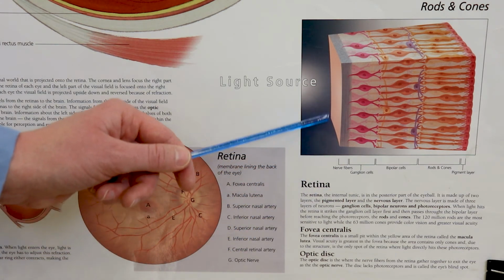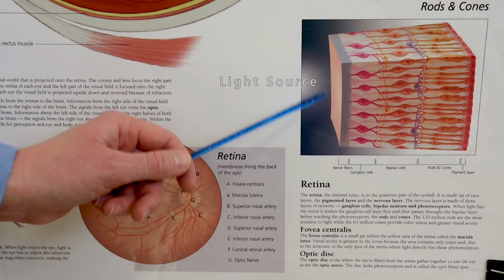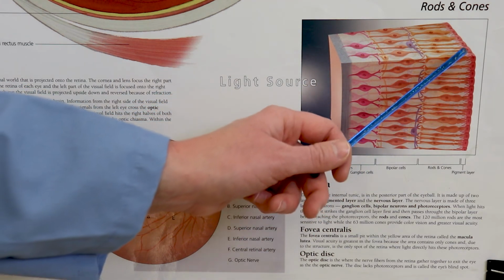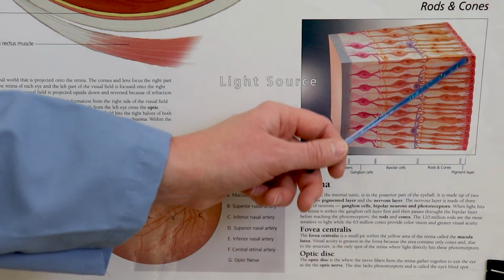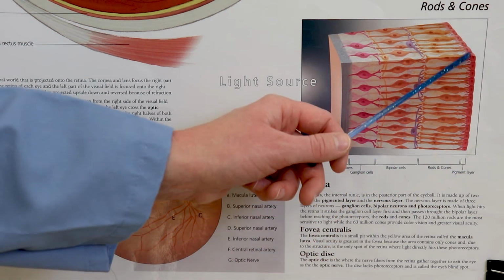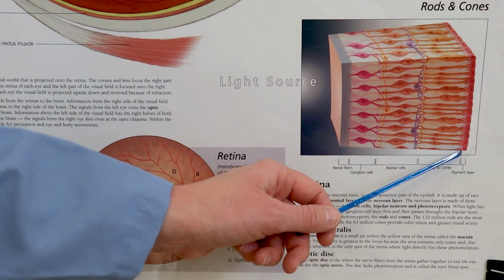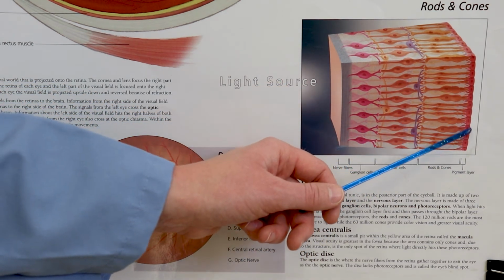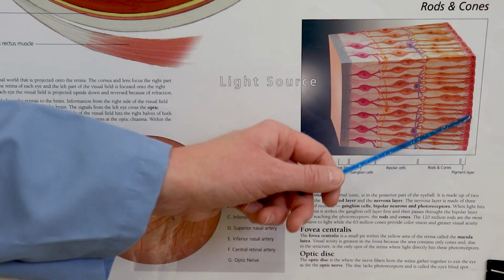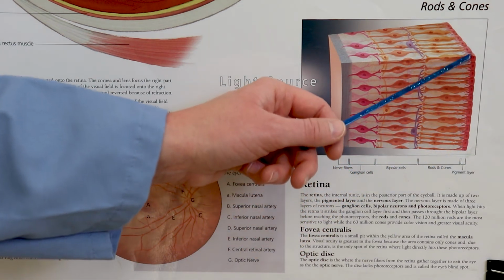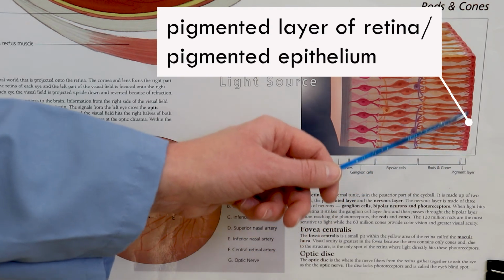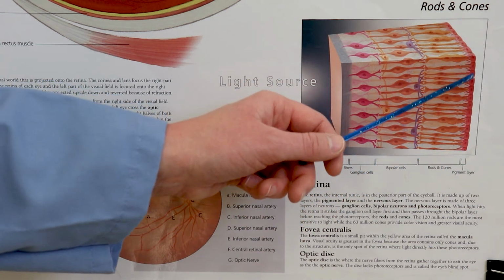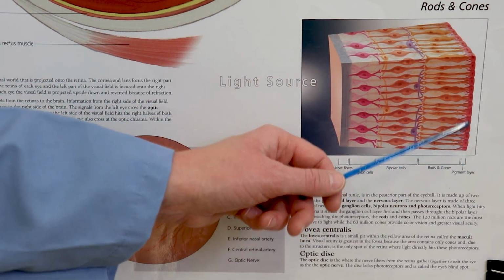Now over here we have one other diagram that I want to draw your attention to. This is a diagram of the retina. So the retina does have several layers of cells, and there's one layer that you'll need to know for your lab, which is this last layer here. So it's the deepest layer of the retina. It is right up against the choroid, and it has cells that produce melanin. Melanin is that dark pigment, and so the pigmented layer of the retina here, also called the pigmented epithelium, will help absorb stray light so that we can get sharper images to interpret.